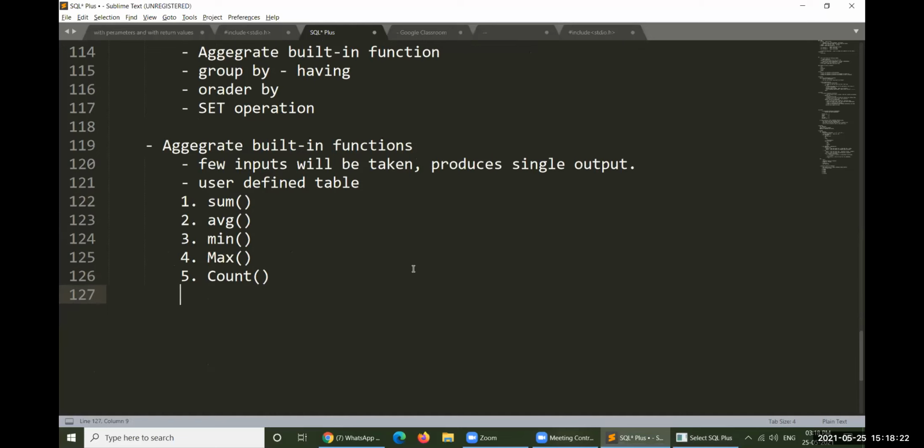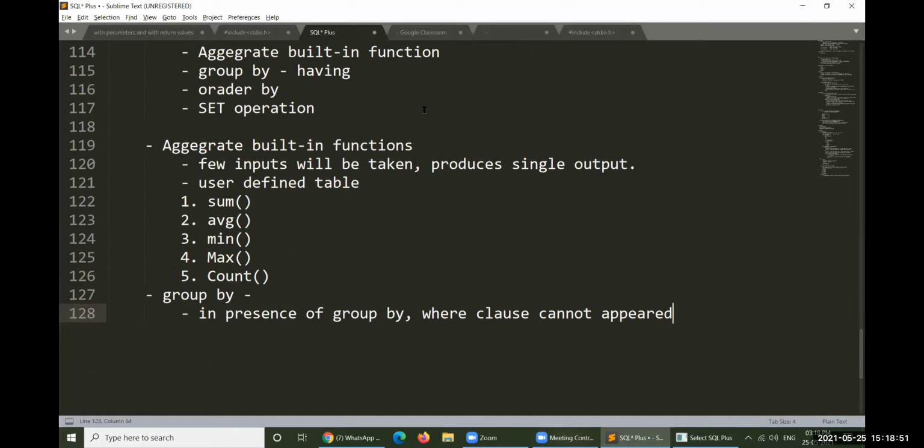In the presence of group by, where clause cannot appear. That's what you need to remember here. It's a very important point to be remembered.